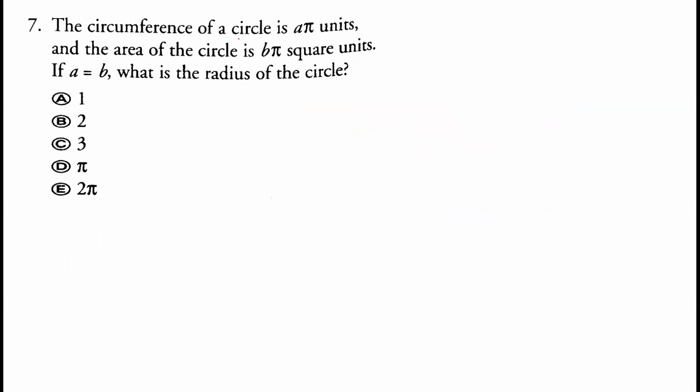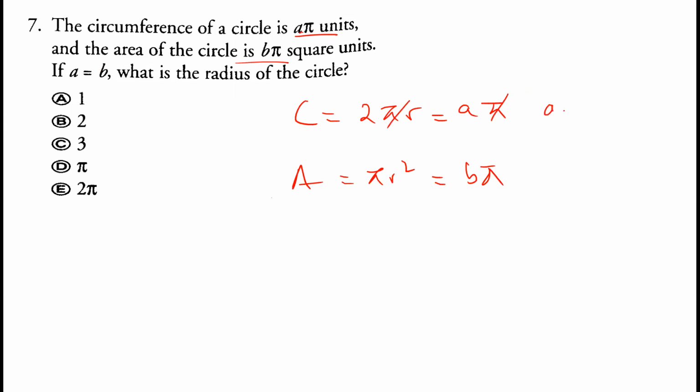Now the circumference of a circle is A pi units and the area of the circle is B pi square units. So the circumference is 2 pi r, which equals A pi. Area, that is pi r square, equals B pi. So we can say A equals 2r. If pi and pi cancel out, and over here pi and pi cancel out,